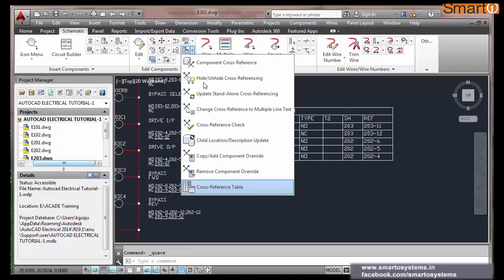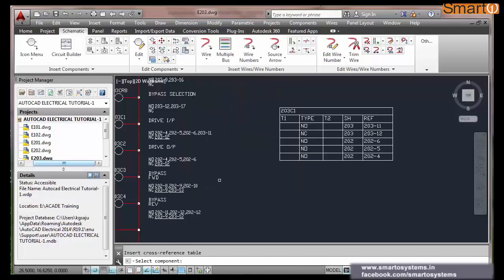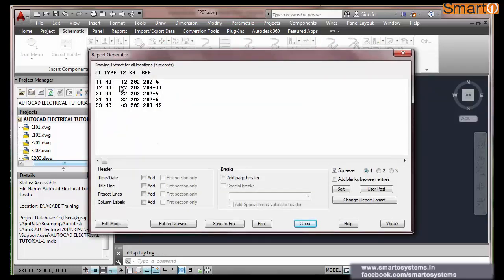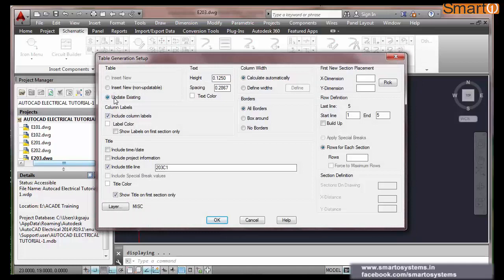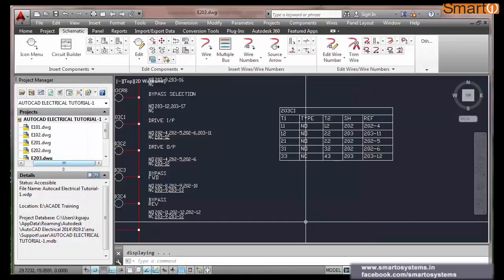Now if I go back to this and put the cross-reference table, I am selecting drive input C. You see, all these terminal numbers are coming here. Now if I am going to put it in the drawing, update the existing. It will ask you whether you want to update existing or insert new. Update existing. Okay. Close.